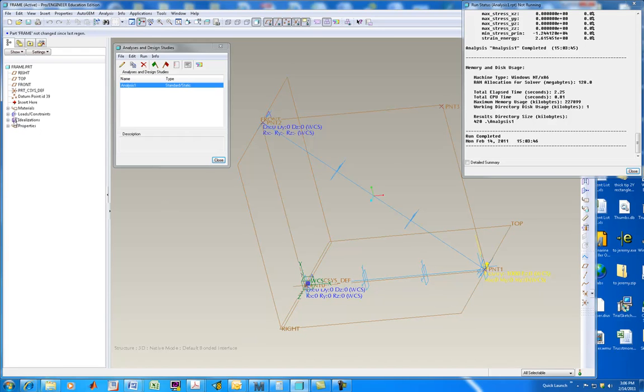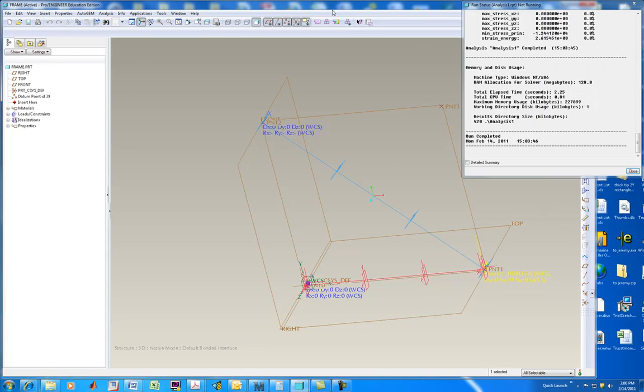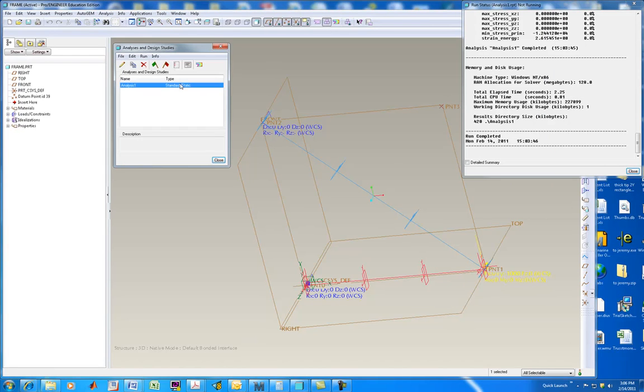And since I've already got a release on this beam, I'll select this beam, right-click on it, edit definition, and I will just take a beam release and place it at both the beginning and the end. So at both ends of this beam, I'm releasing any bending moment through that beam in the Z direction. Okay, we will run it,